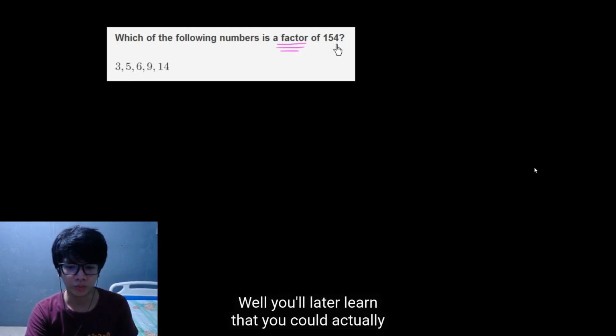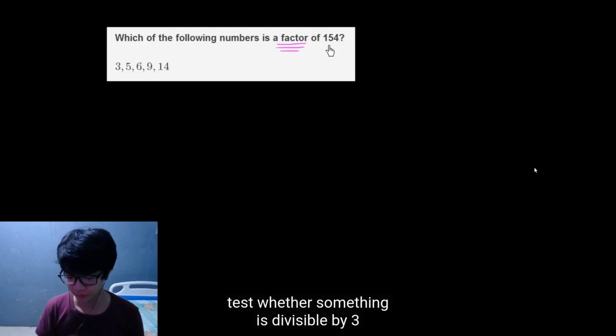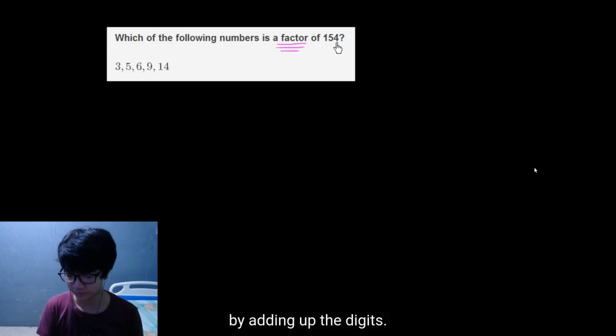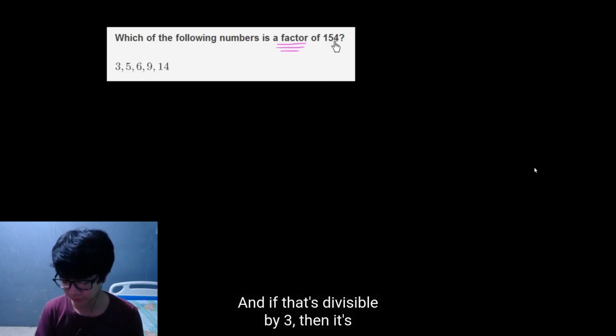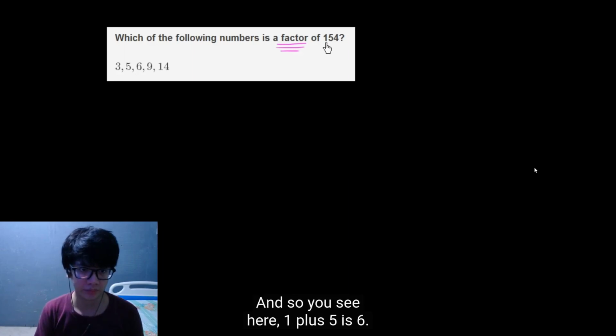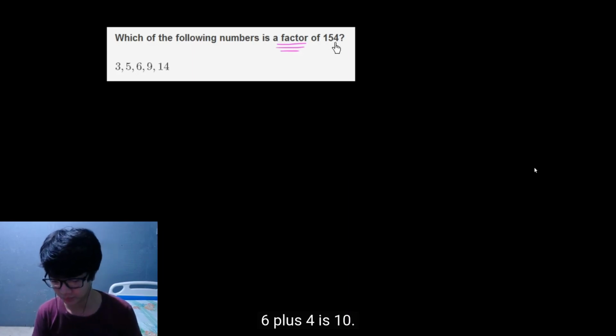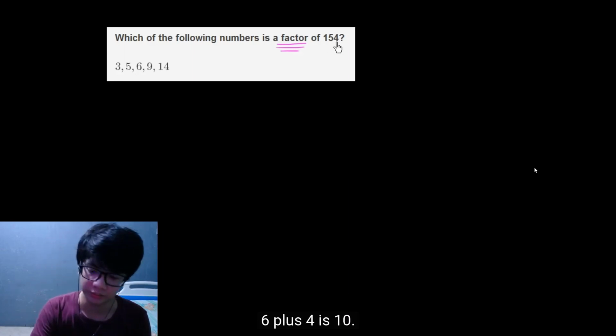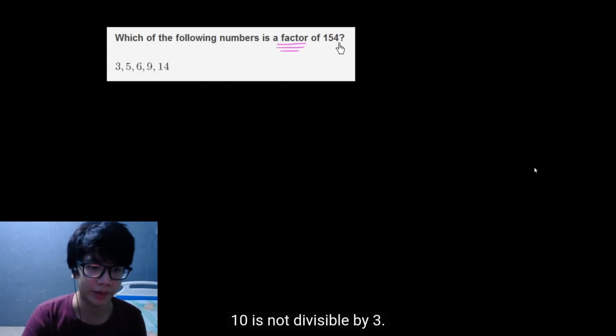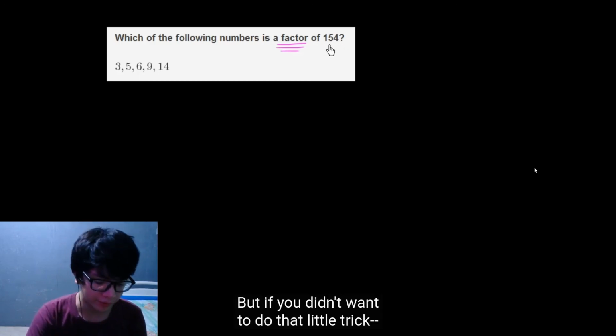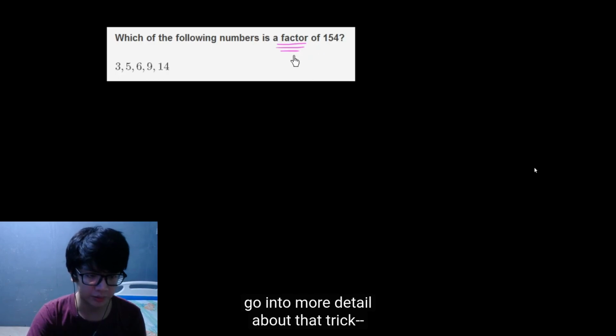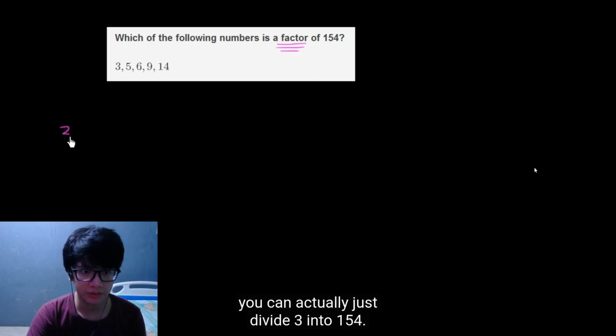No. You'll later learn that you can test whether something is divisible by 3 by adding up the digits, and if that's divisible by 3, then the number is divisible by 3. So you see here 1 plus 5 is 6, 6 plus 4 is 10. 10 is not divisible by 3. But if you didn't want to do that little trick, and we have other videos where we go into more detail about that trick, you can actually just divide 3 into